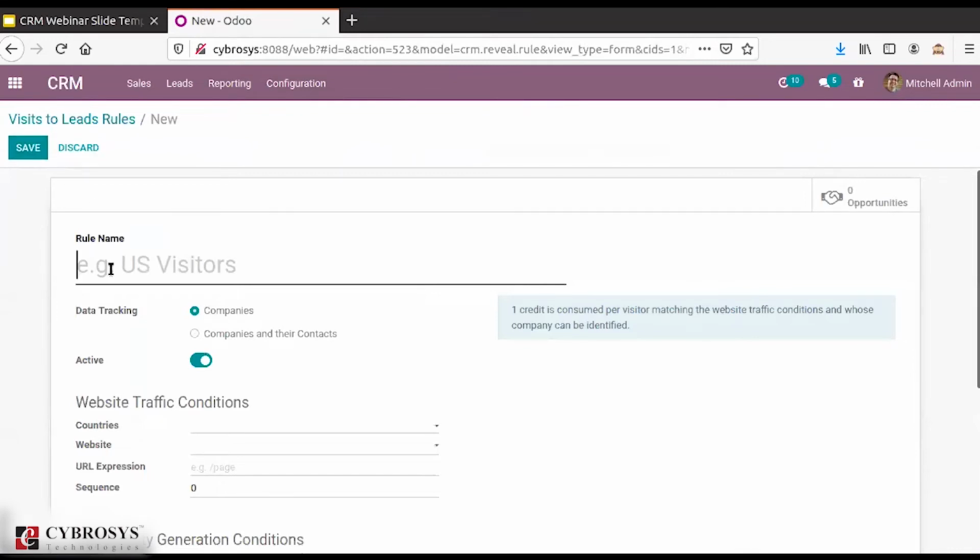Before creating the rule, you can see that one credit is consumed per visitor matching the website traffic condition and whose company can be identified. So basically, this visit to lead rule is a paid service, for which you have to purchase credits. That's why it is showing here that you need credits as per the visitors.